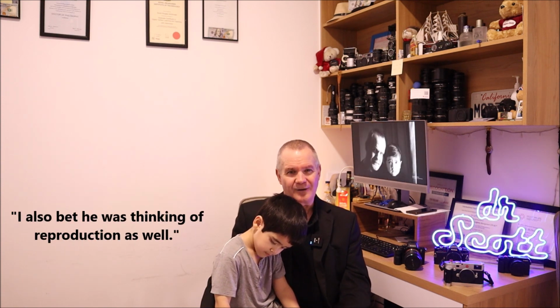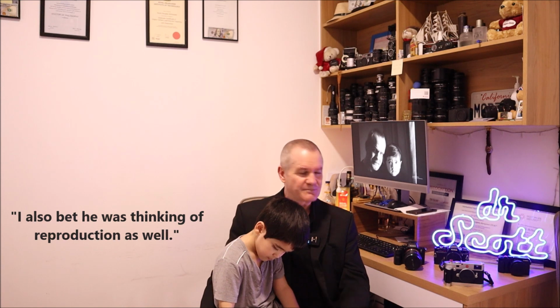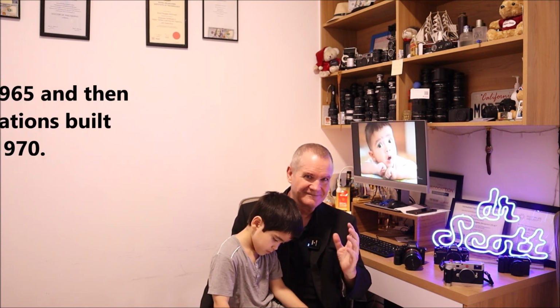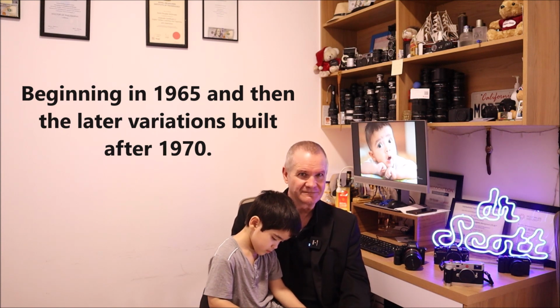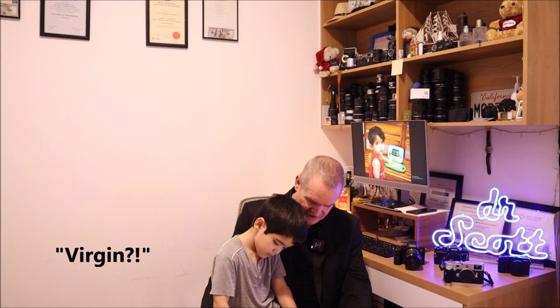But anyhow, this particular lens, the AR Hexanon line actually began in 1960, went all the way through to 1987. But this particular lens had 4 different variations. It kind of split in half, 2 in one version, 2 in the other. And the first version, that's right, I said version,